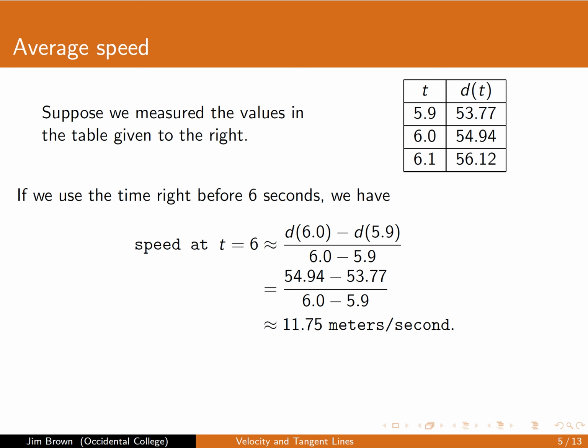The actual speed at t equals 6 is approximately equal to the average speed. It's not exactly equal, just approximate. It's important that we're careful with what things are equal and what things are approximate. So I look at the distance traveled after 6 seconds minus the distance traveled after 5.9 seconds, divided by the time difference. When we plug in our numbers from our table, we get about 11.75